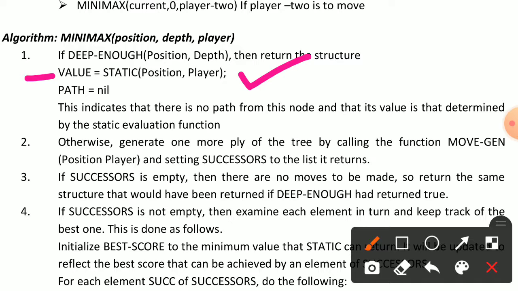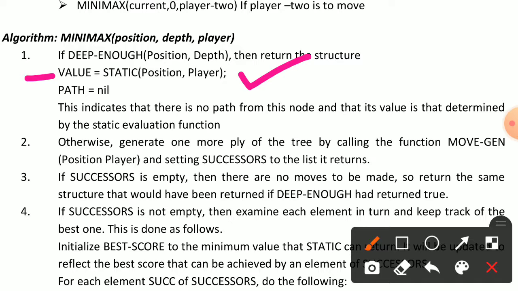This indicates that there is no path from this node and that its value is that determined by the static evaluation function. And these two indicate value and path. What is the indication? It means we can find the path.